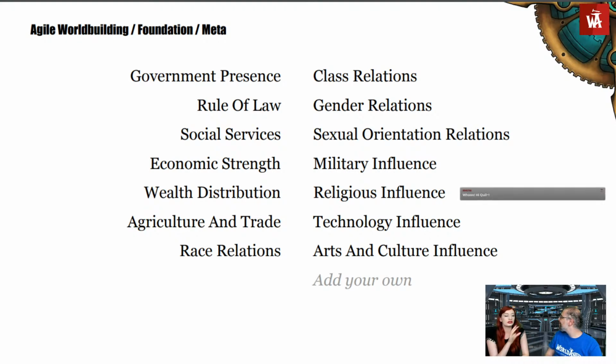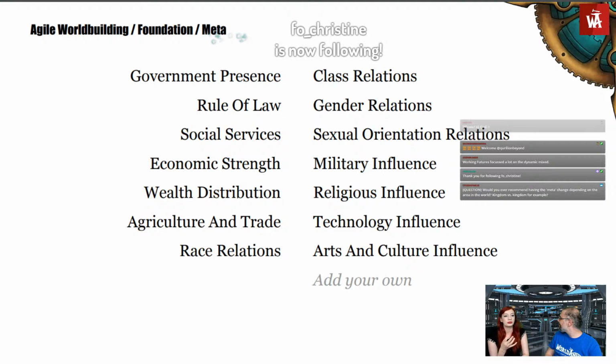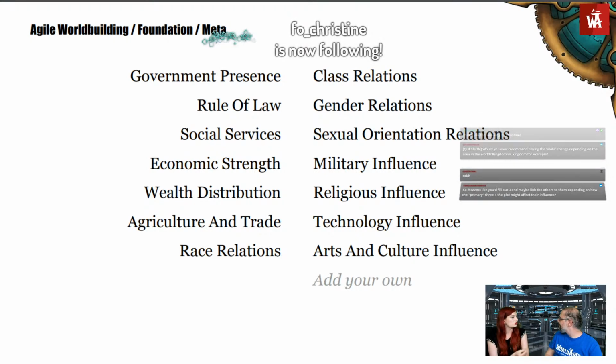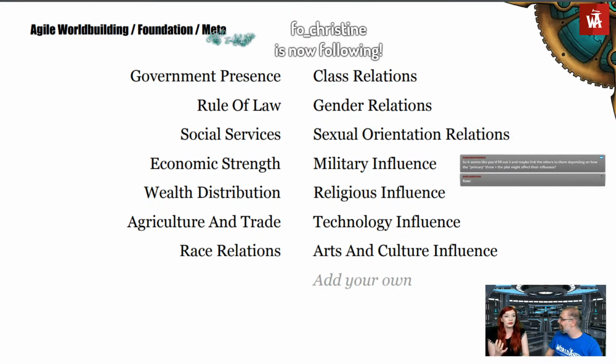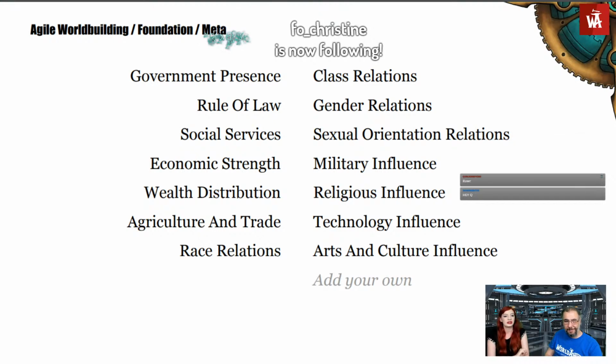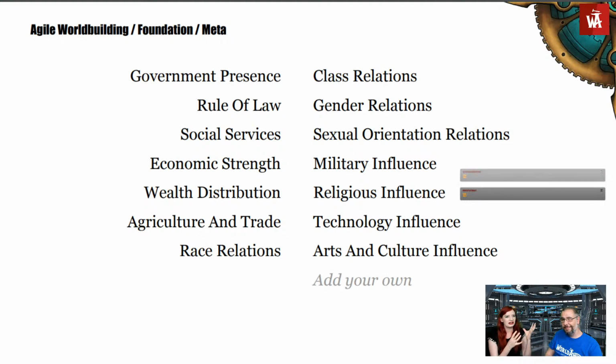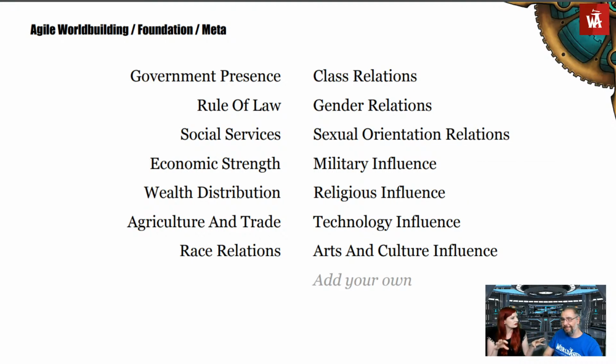So for example, you can take from your genre, and you can take from your player experience, and you can take from your motivations. If your motivation is, I'm so excited about Pirates of the Caribbean, and the thing that excited me was the idea of having these free democracies of pirates in this very regimented world of empires, then maybe you want to talk about rule of law or government presence. Or wealth distribution, for that matter. If you are writing about the Industrial Revolution because you've just seen something, like a movie, that's really got you excited, you might be writing about technology influence. I was about to say wealth redistribution when it comes to